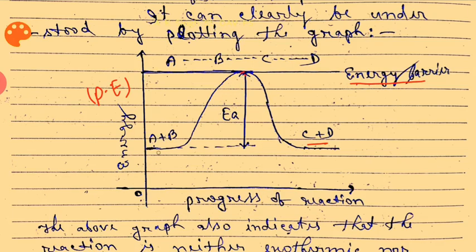Now, if energy is supplied, then all the molecules start to collide with each other and only few collisions will be effective, and that converts into product C and D. This graph also clearly indicates that energy of A and B and energy of C and D are same, but it is the energy which is required by the reactants to convert into product. It is called activation energy.